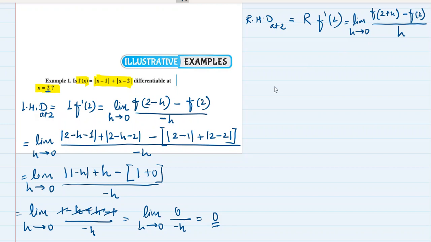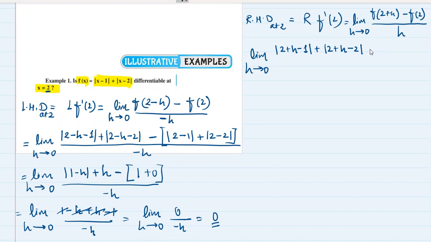Correct? So wherever there is x, we have to put 2 plus h or 2, depending upon what is the formula of this limit of the function. So limit h tends to 0 of, now see, we have to put in the place of this function, wherever there is x, we have to put 2 plus h first. So f of 2 plus h will become mod of 2 plus h minus 1 plus mod of 2 plus h minus 2